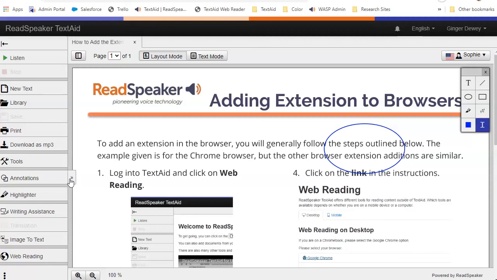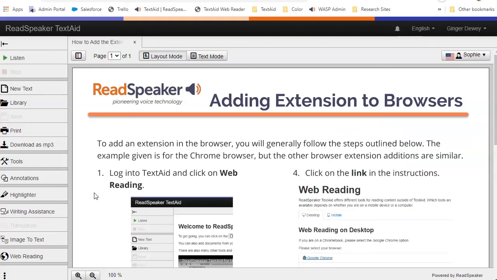In the browser, if you hover on the right-hand side of the Annotations tool, you will see two arrow points that point to the right. When you click on the arrow points, you will have two choices, to show annotations, or to hide annotations. If you click on Show Annotations, then any annotation on the document will be visible. If you click on Hide Annotations, then any annotation on the document will be hidden.